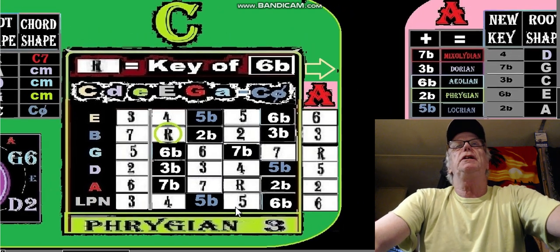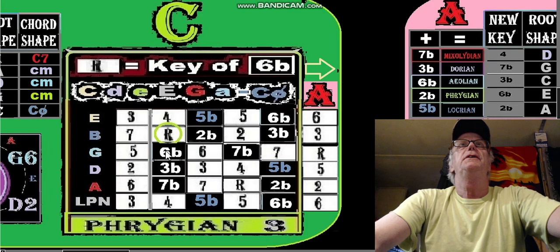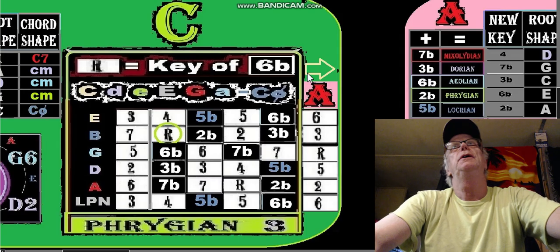Instead of struggling with this C minor 5 root 3 flat, 6 flat, 2 flat, 4, we're going to just move it up to an A minor shape in a CAGED advance. C goes to A, C minor goes to A minor. It's going to be 5